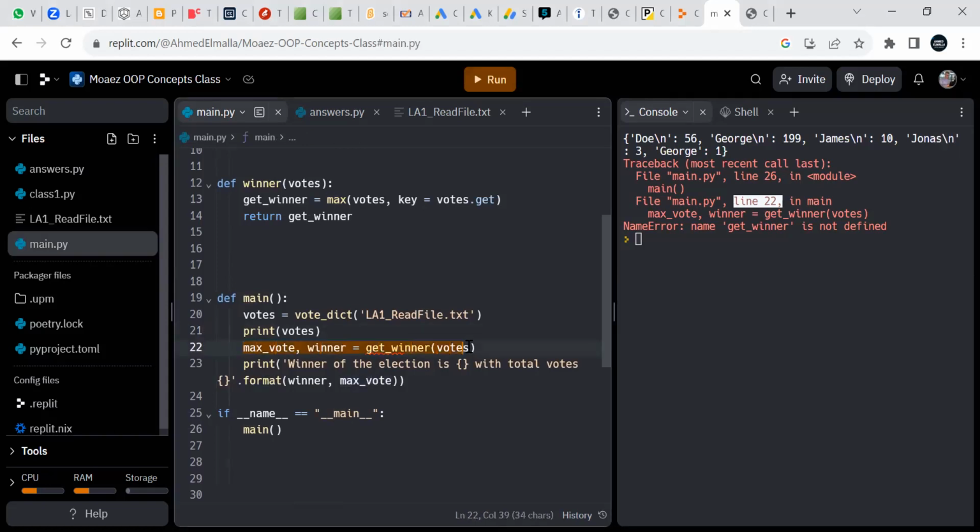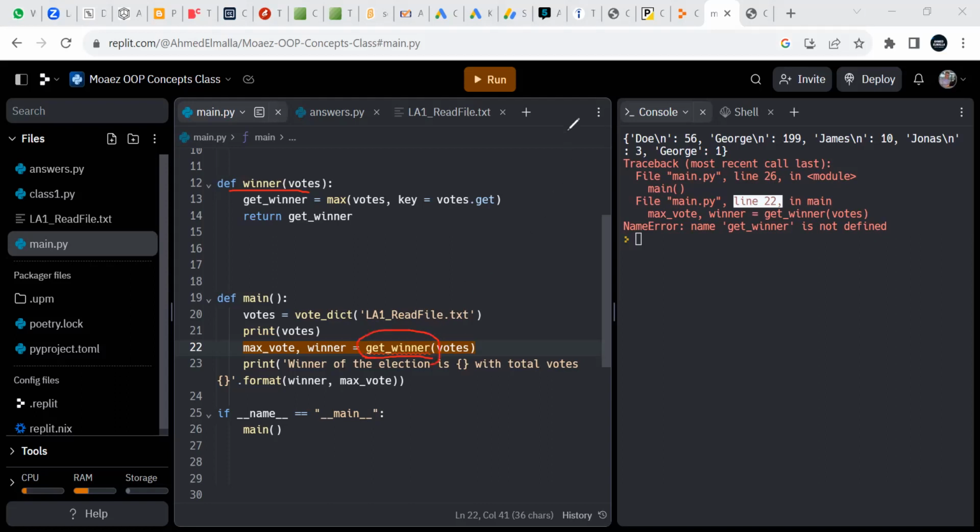We see you are calling a function get_winner, but it's telling us that there is a name error. get_winner is actually not defined anywhere, because you define winner here, and you are calling get_winner. Okay, so this needs some focus. It's a simple issue, but of course, if you submit the assignment, then you will lose marks. So this should be changed to winner.